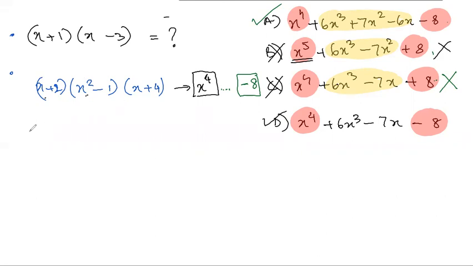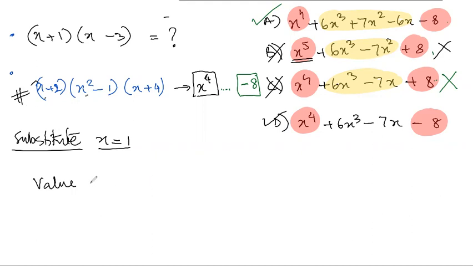substitute a value. Again, the same logic. Here x is not common as such. You can always try and plug in x as 0, but usually avoid it, because with x equal to 0 you will always find multiple options matching. So substitute some value of x, say x equal to 1. If I plug in x as 1, what is the given value? This is the given question, right? So x as 1, so that's 3 times 1 minus 1, so that's 0 times something, so the result is 0. Between A and D I need to check which one.